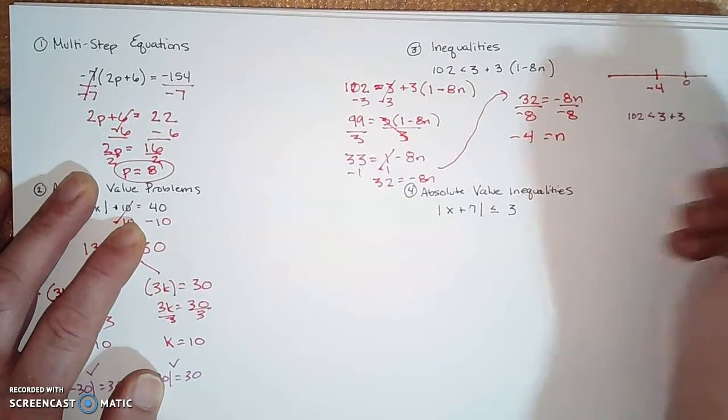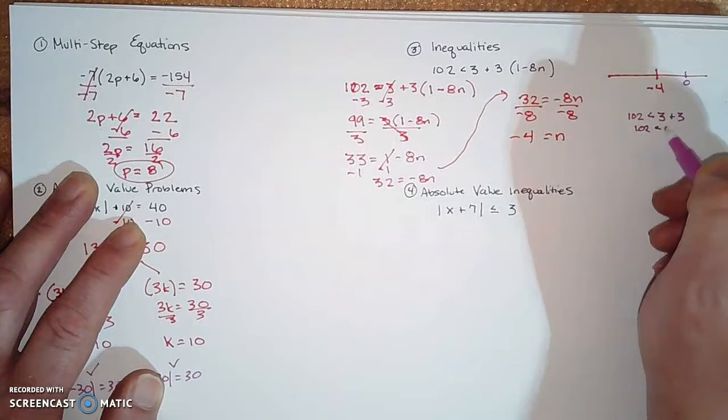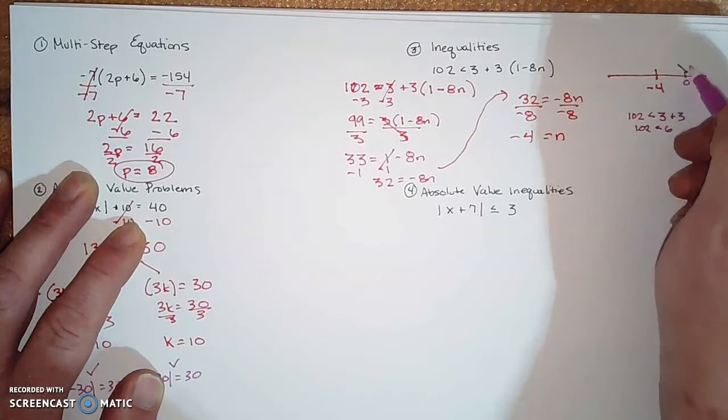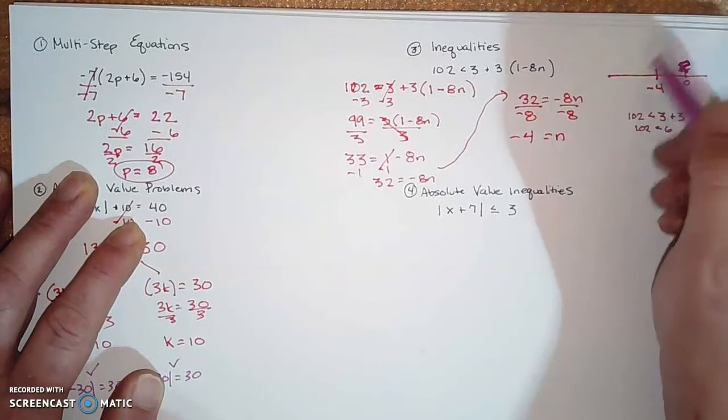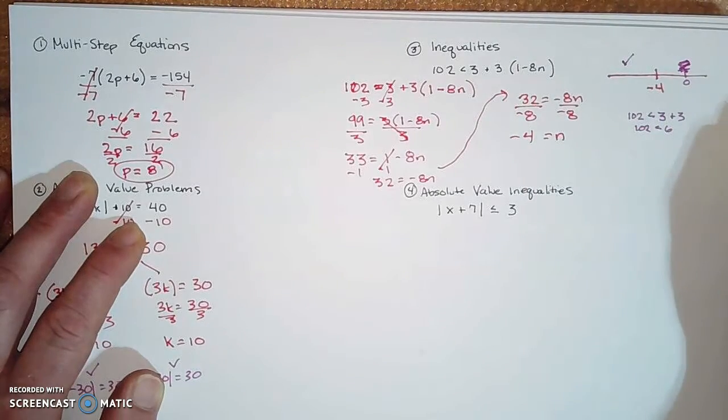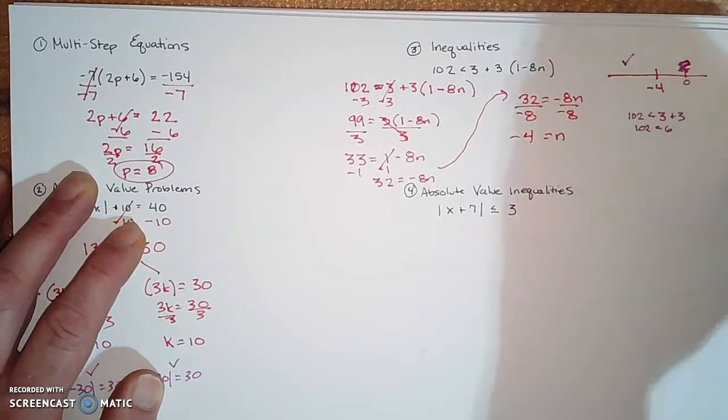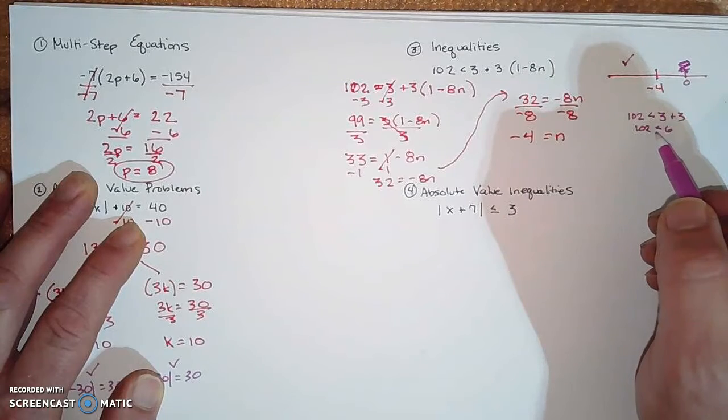3 plus 3. Is 102 less than 6? The answer is no, these are not the answers. It's wrong. Okay, so it means that this side has to be the answer. I can test it if I want to. I'll pick a number on that side. Let's pick the number